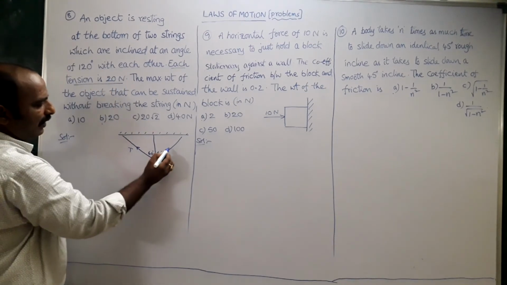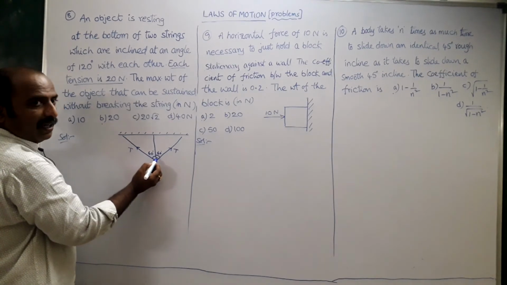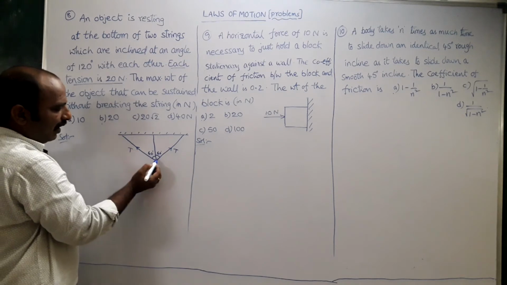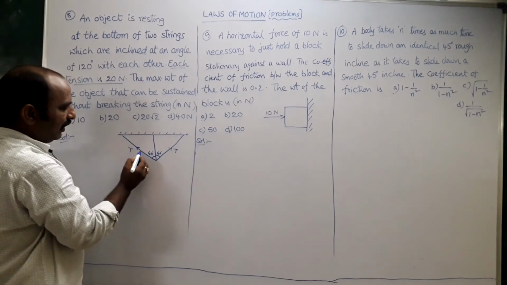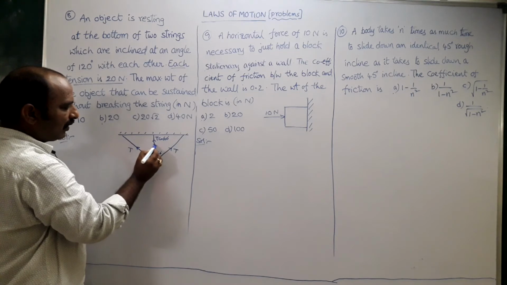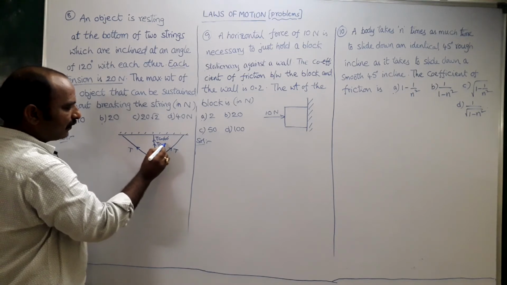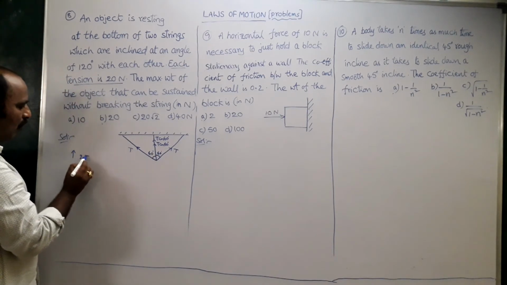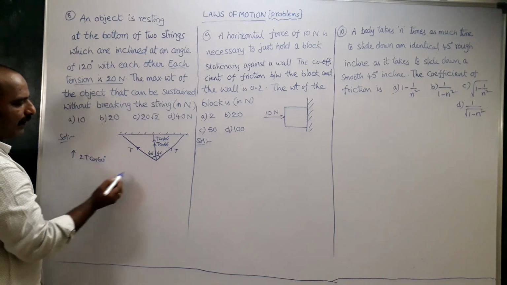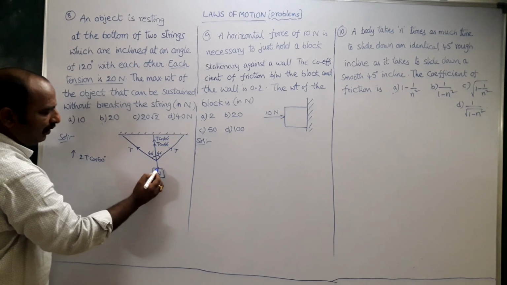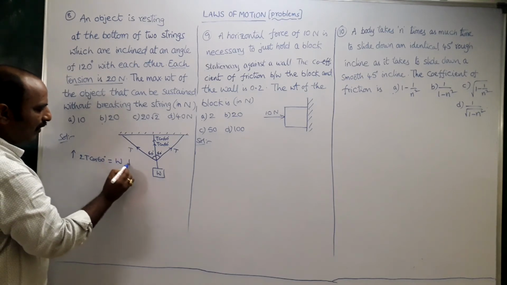So T is equal to 20. This is also T. Tension always acts towards support. You know it. That's why this is in this direction and this is in this direction. Totally in upward direction. This component is T cos theta. This also in this direction upward component T cos theta. Totally in upward direction 2T cos 60 is there, which is balanced by the weight of the body here, W in downward direction. This is equal to W downward direction.